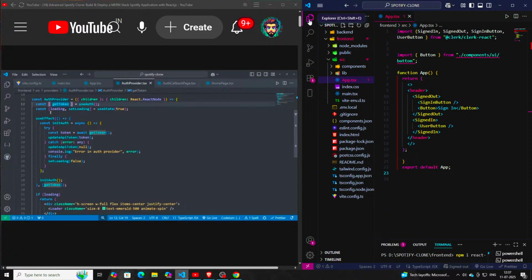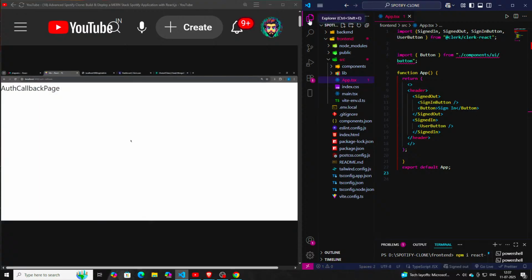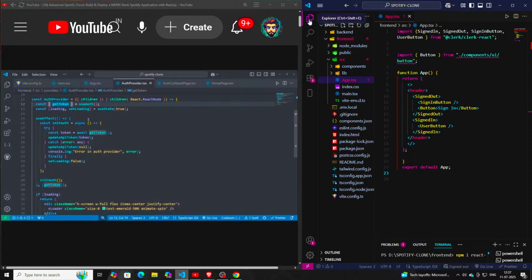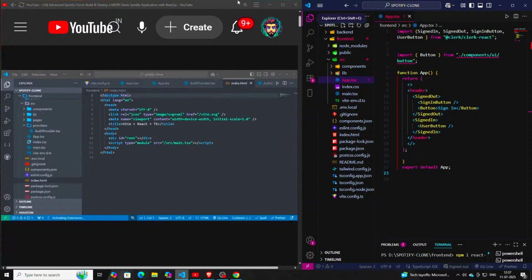This will run because we are putting it into the root. This will always run when you visit your application for the first time. And here for a second, I have the loading state. That's why I can see this thing, right? And I even want to make this dark mode. I will go into the index.html and here we'll just